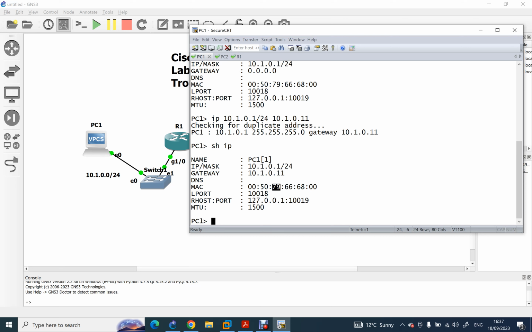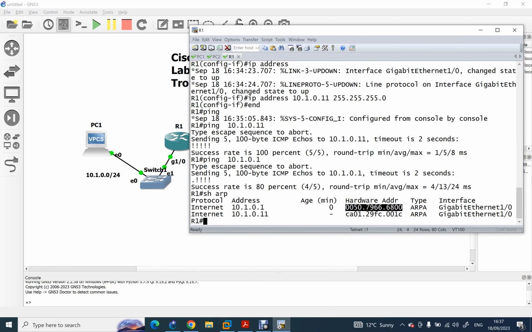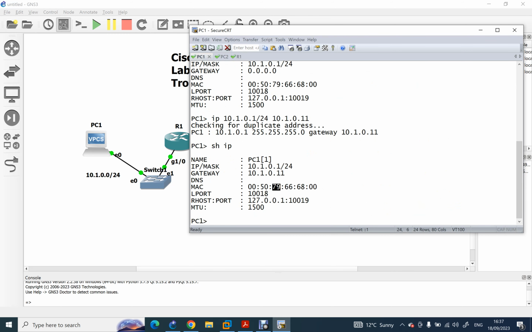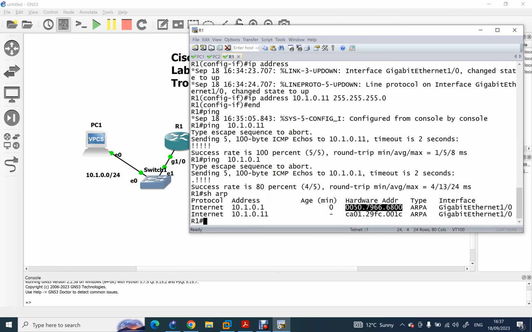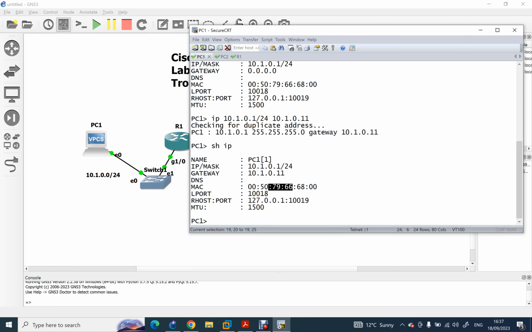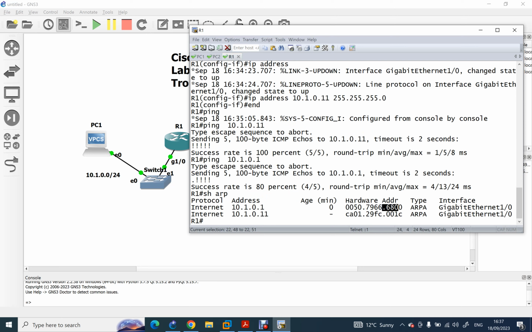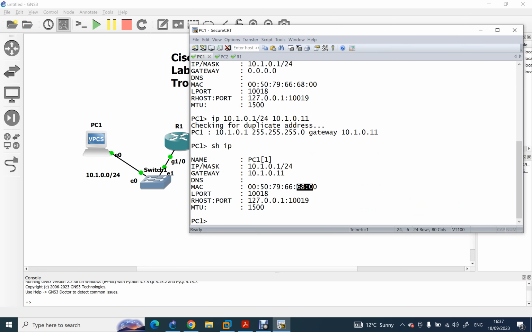Look, the MAC address of this PC, we are in PC1, right, is 0057.9666.6800. If you go to the router to confirm, it is like this, look, 0050. Okay, let me go back to computer 1, 0050. Okay, then we have 7966, and then we have 6000, and 6800, and then the PC is 6800. You see, so it is lengthy,